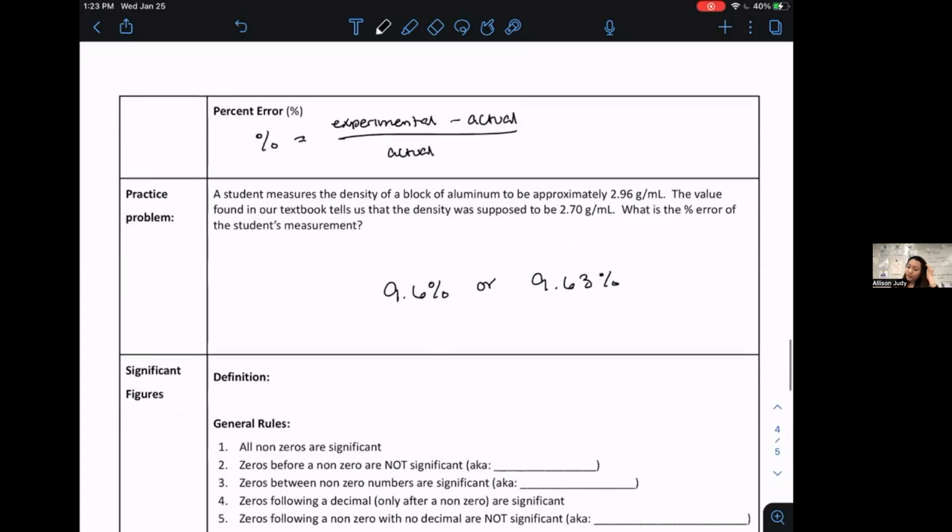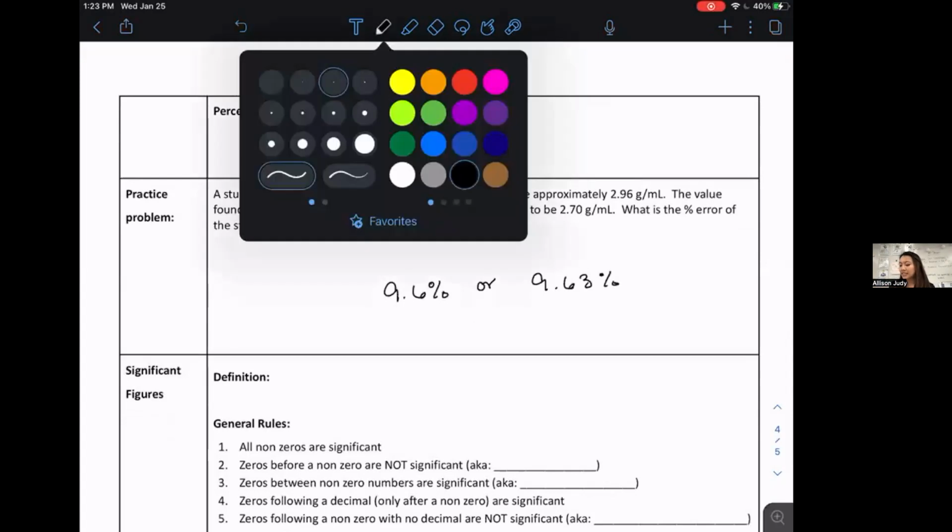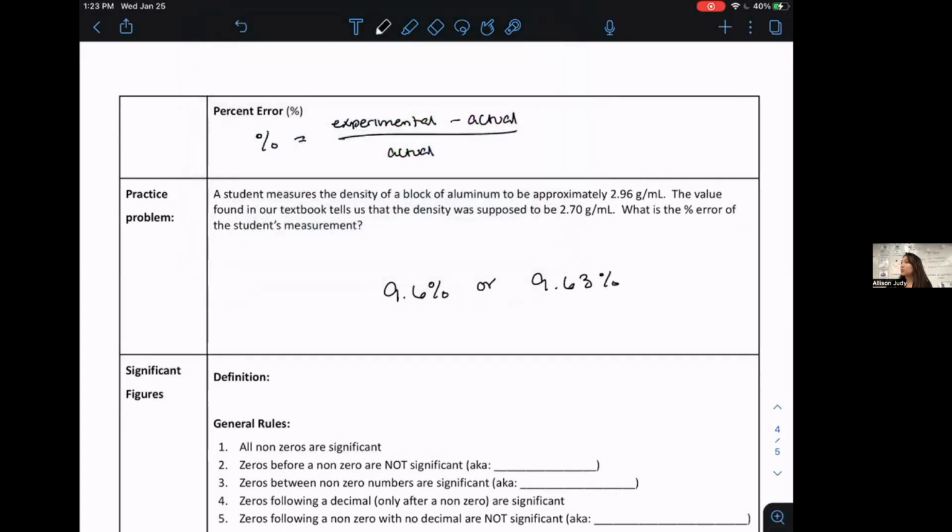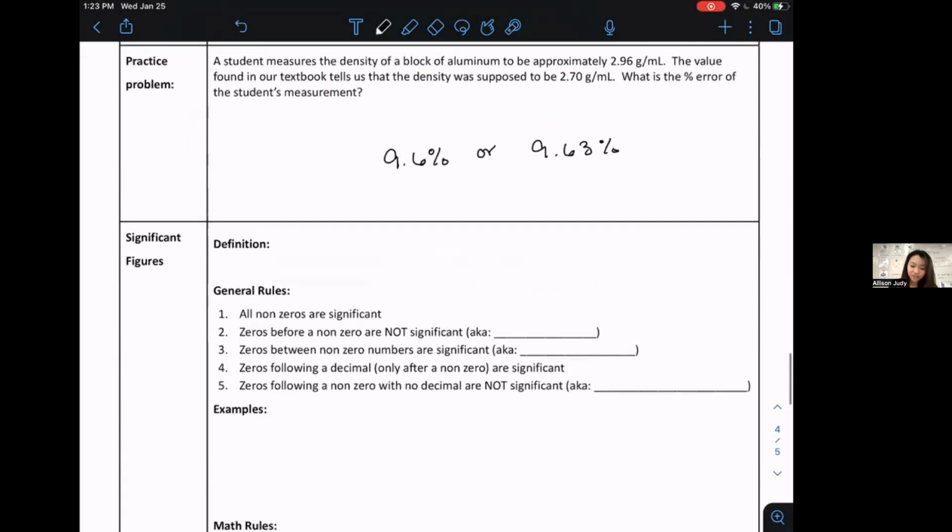So here's what we're going to talk about now: sig figs. Why did I ask? Why do we care about where we stop in our numbers? How many of you are familiar with sig figs? One, because you studied from honors a little bit. This is going to be the bane of your existence because it's just tedious. And the AP exam asks you to report all answers in sig figs. So, sig figs are